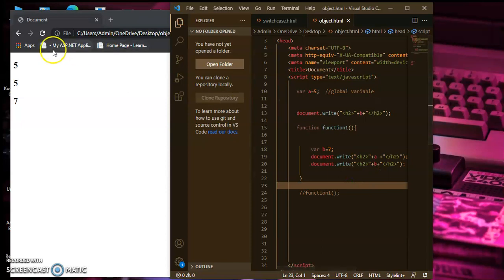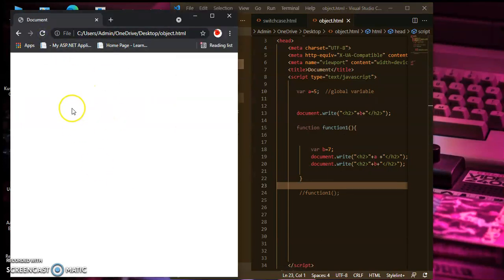Let's see what happened. It doesn't print. Why? Because the local variable's value you cannot use globally. Only inside of the function can you use the local variable's value, but a global variable's value you can use inside of the function. So that's it for it.